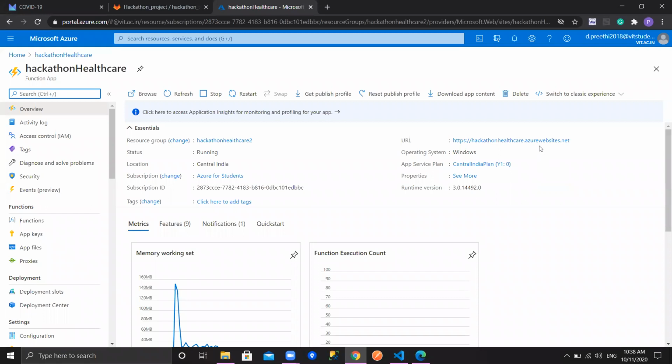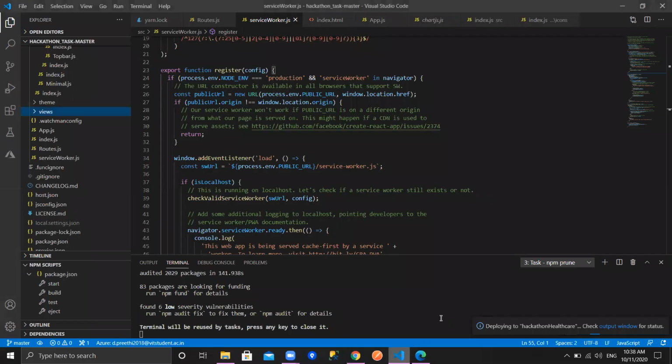Here you can see the deployment link. In this VS Code, at the bottom, you can see this pop-up that we are still deploying to Azure. Due to some configuration error, we are still working on it.